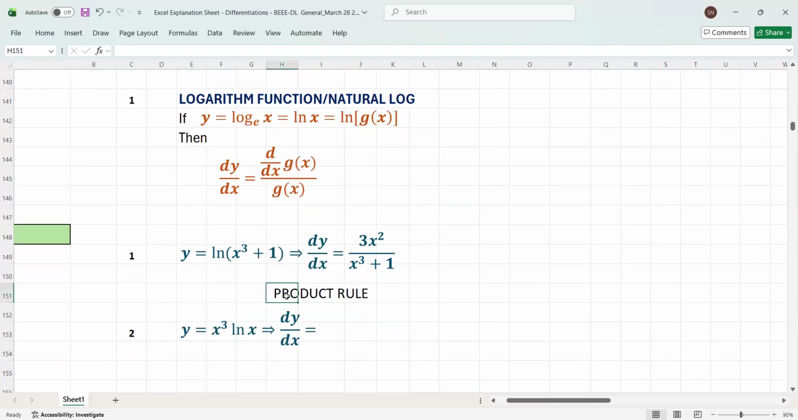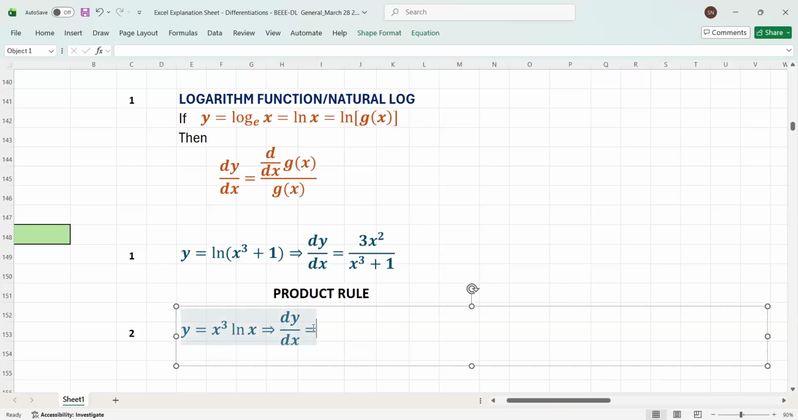Okay, so here, what do we keep constant? We are going to keep x cubed, so x raised to the power 3, constant. And then differentiate ln x. Remember, if you differentiate ln x, you are going to get 1 divided by x. Okay, so that is for keeping u constant and differentiating